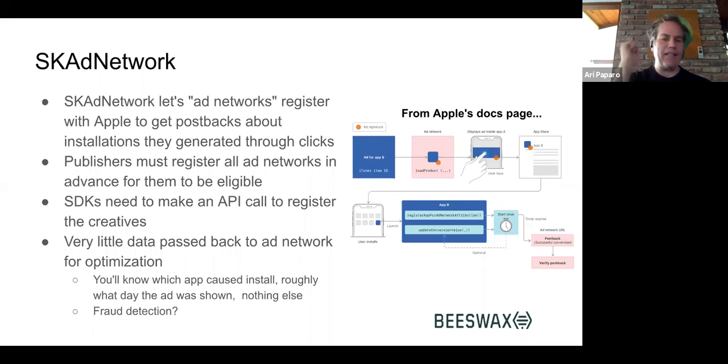But the SDK needs to say, hey, this is a creative from this advertiser. And then within 24 hours, Apple will do a post back to that ad network, whoever that ad network is. And it'll tell you someone installed, the day the ad was shown, and a number between 1 and 100, which represents the campaign. This is pretty confusing, and I have a slide on everything we don't know about this, but basically this is Apple's solution, which is sort of, it's like they threw you a life preserver and it hit you in the head and you drowned.